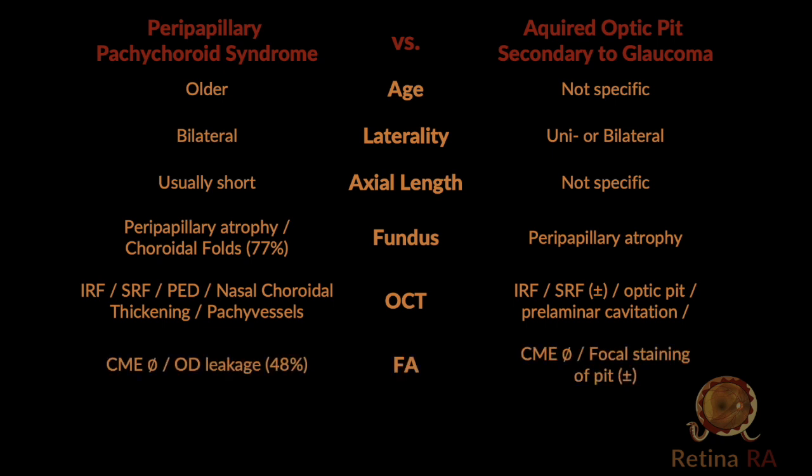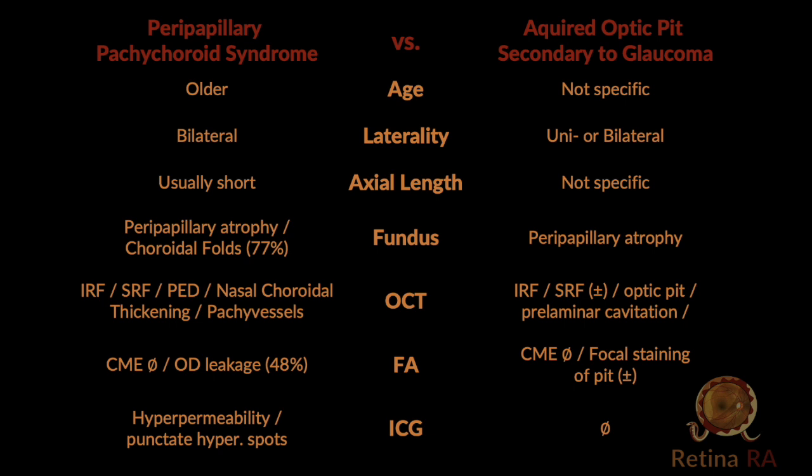This is a normal Haller vessel. The stroma and the inner choroid are healthy. But these are very large patchy vessels. Here you can see the stromal and inner choroidal attenuation. OCT shows pit, and several prelaminar cavitations in acquired pit. And ICG shows hyperpermeability and punctate hyperfluorescence spots in peripapillary pachychoroid syndrome.